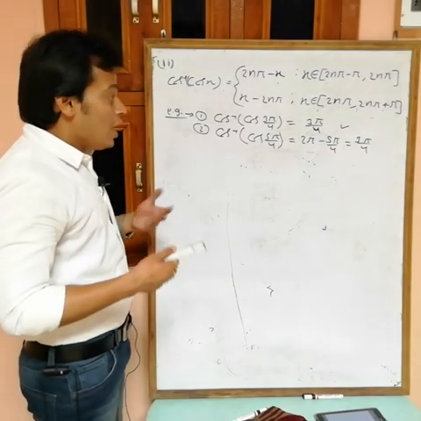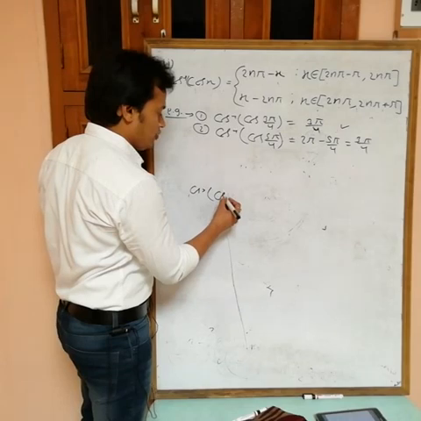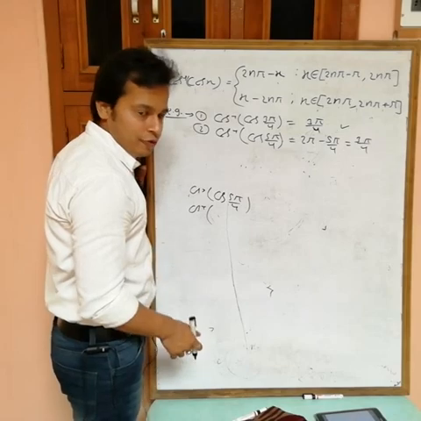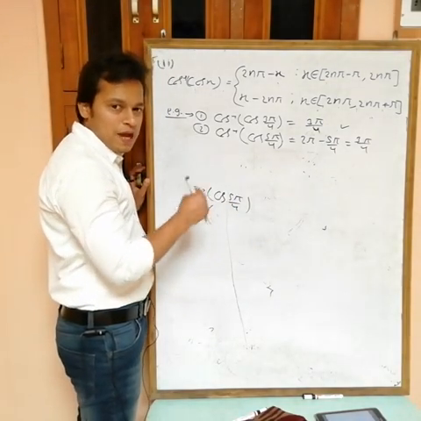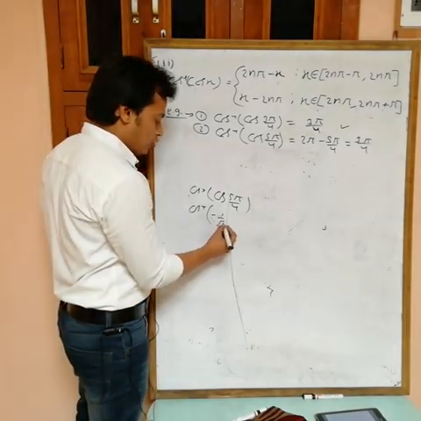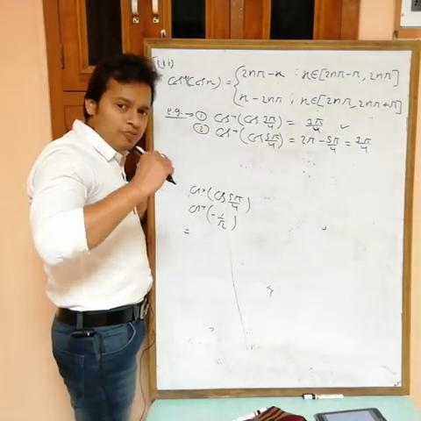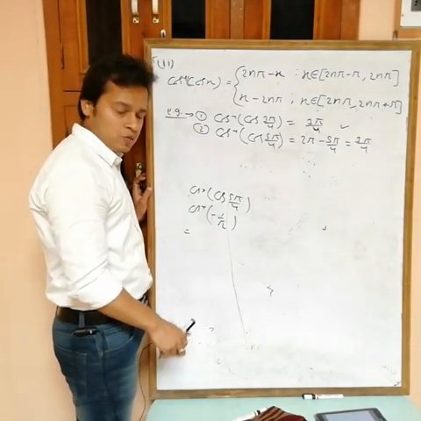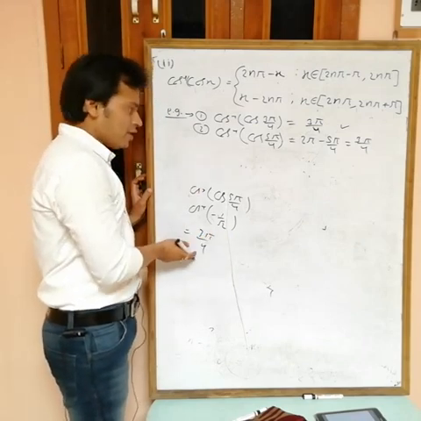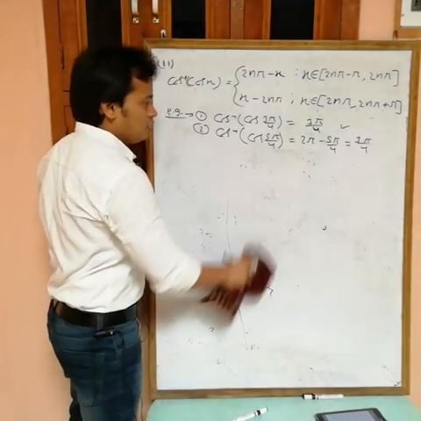If you want proof, I can use another way, but that is not always useful. Find the value of cos inverse of cos 5π/4. 5π/4 is π plus π/4. Cos(π + θ) is minus cos θ, and cos π/4 is 1 by root 2. So the value of cos 5π/4 is minus 1 by root 2. Now find the value of θ from 0 to π such that the value of cos is minus 1 by root 2, that is 3π/4. Cos 3π/4 is minus 1 by root 2. So again we get the same value, but we can't always perform it in this way. So remember the formula.